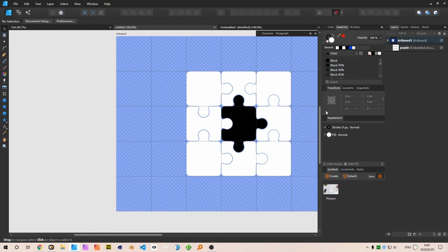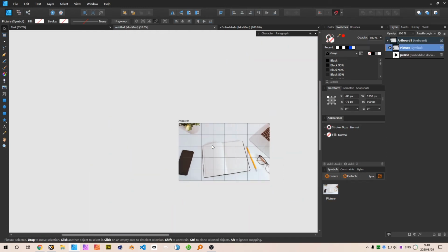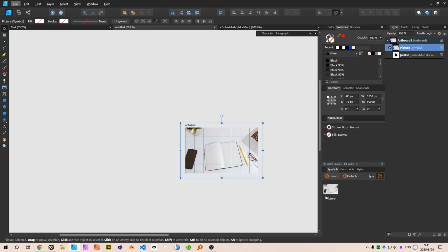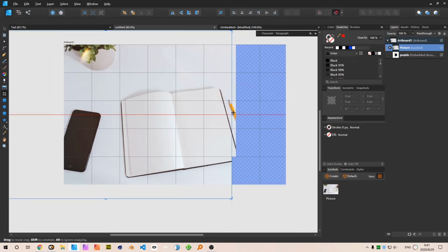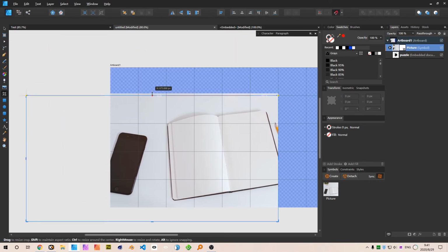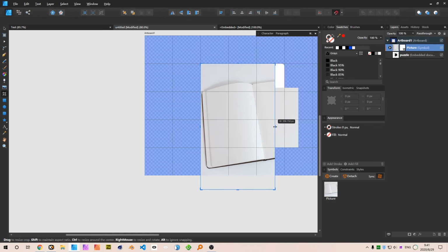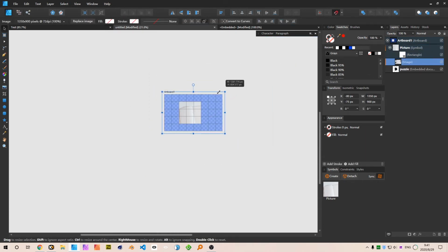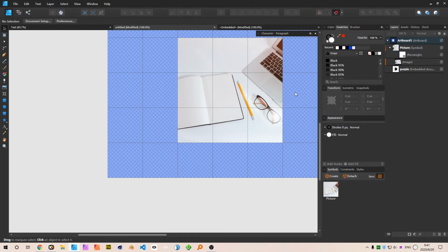And now let's take back our image. Alright, here is our image, and I want to make a group because I want to crop it, but I don't want to affect everything. Just hit the W key to bring the vector crop tool and crop our image to the same size as the puzzle, and scale our original image down like this. Okay,